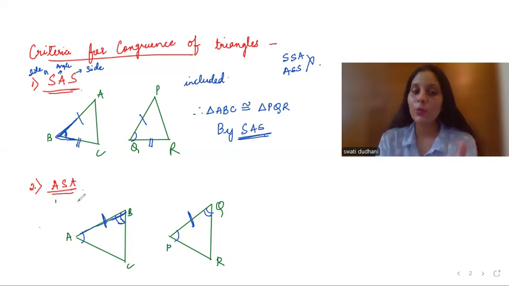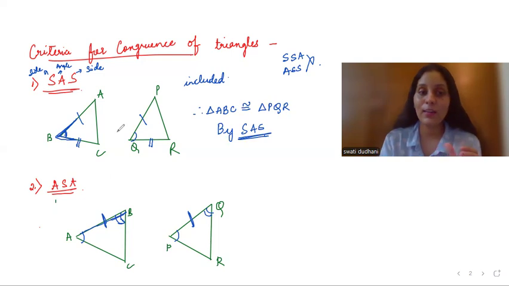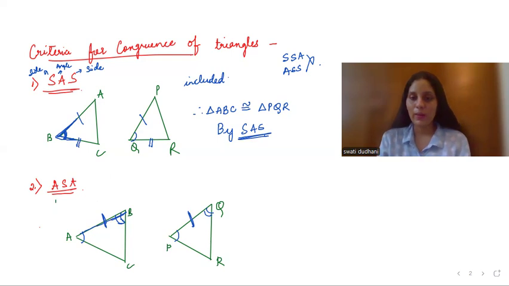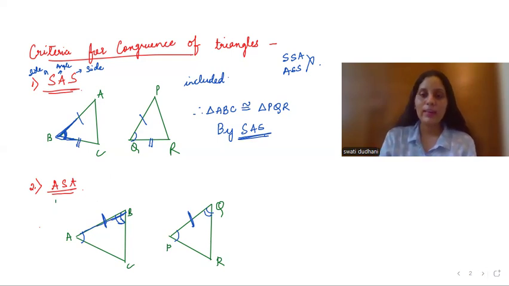So this is how you do. Included is very important. I hope this is clear. When the two sides are given, how to find an angle, the included angle. And when the two angles are given, how to find the included side. Okay. Now the next criteria is,